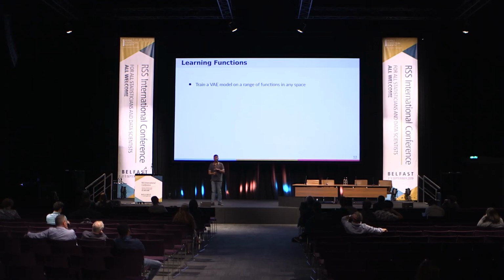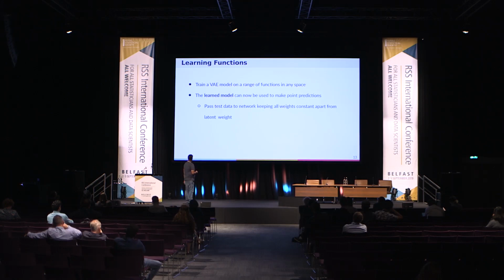there is another angle also of trying to learn functions, which is what we wanted to do. So we can actually use the same thing, but this time we want to learn functions. And how can we do that? What we can do is take a lot of functions in any space, use a single variational autoencoder to run over all that data. Because you have assumed that all the functions that you have, they have some common latent dimension where they can all be embedded into. Once you have that